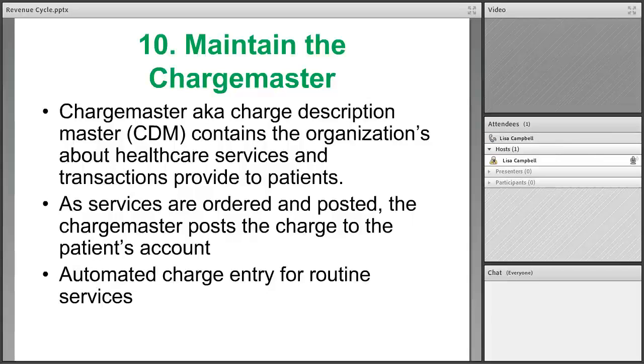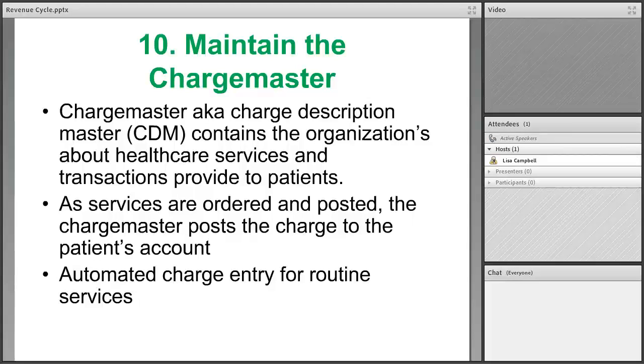And when you think about it, it actually makes sense. A 2-view chest x-ray, it's a CPT code. They probably do hundreds of them a day. You don't necessarily need a coder to identify 500 2-view chest x-ray codes. It is more beneficial for the organization for us to look at things like inpatient records, where we're coding coronary artery bypass grafts, where we're looking at a $30,000 service as opposed to an EKG or a chest x-ray, which could